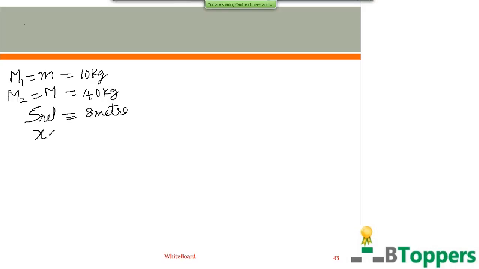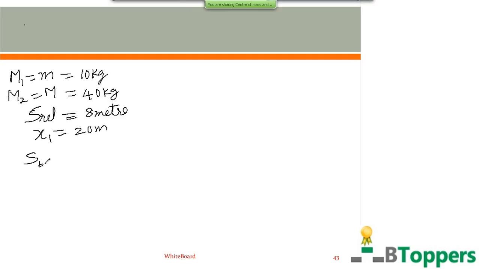Initially the boy is at a distance of 20 meters from the shore. Let x1 denote the initial distance of the boy from the shore. Here we consider both the boy and the boat together as one system. Net acceleration of the system is 0. Initially both the boy and boat are at rest, so the initial velocity of the center of mass of the system is 0. Based on the same reasoning I discussed in the previous class, the center of mass of the system will remain at rest. If you remember the conclusion I discussed for the last special case, special case 3, in the previous class,